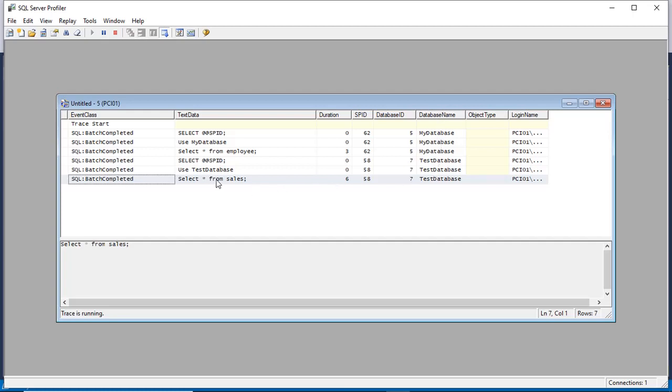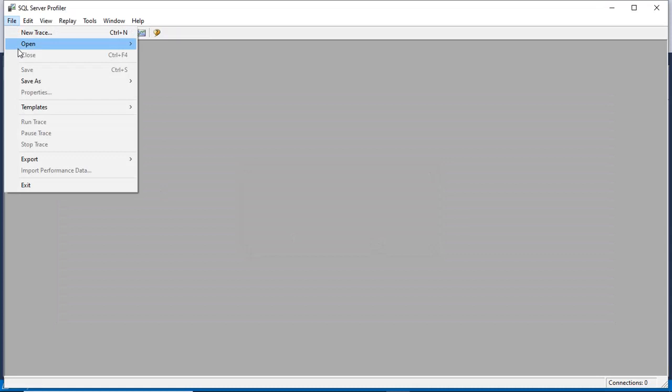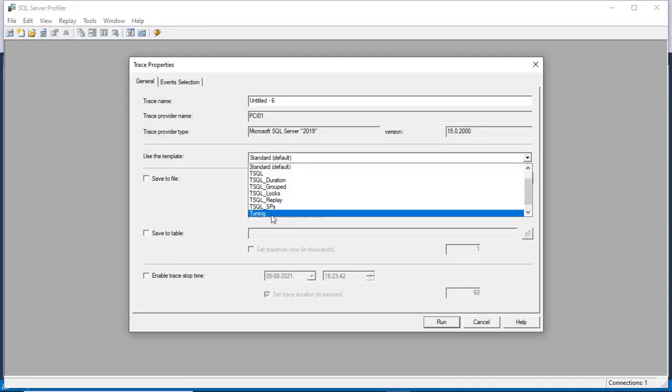Now my problem is I want to test the activity only for one database, that is my database. This time I want to be specific. So how to do that? I can apply a filter. So close this one. Now new trace and this one, Tuning.